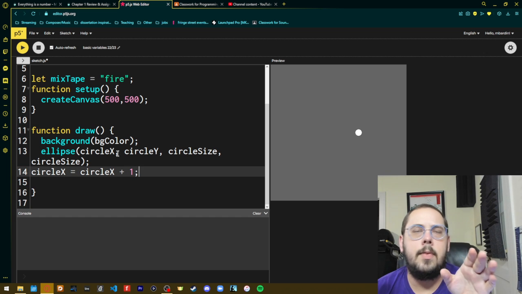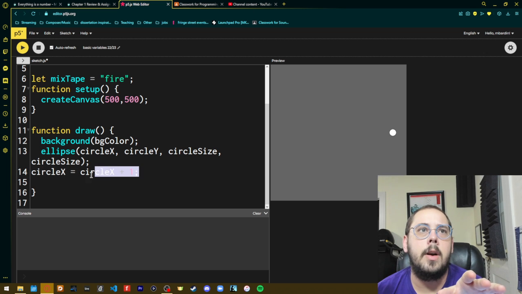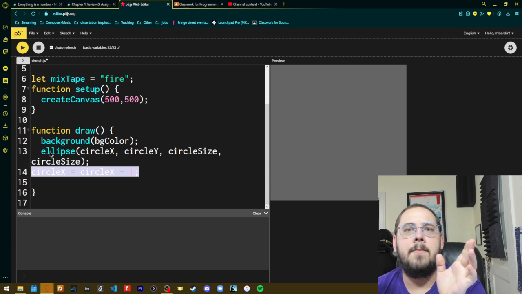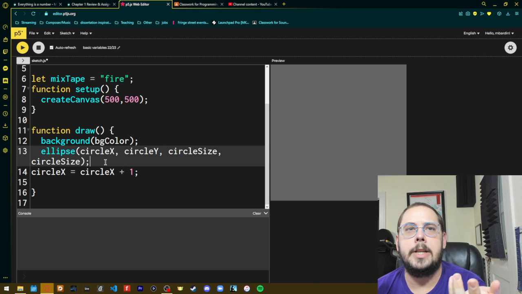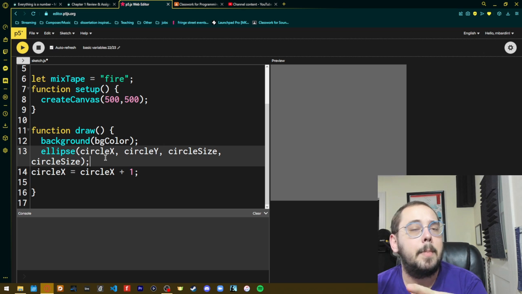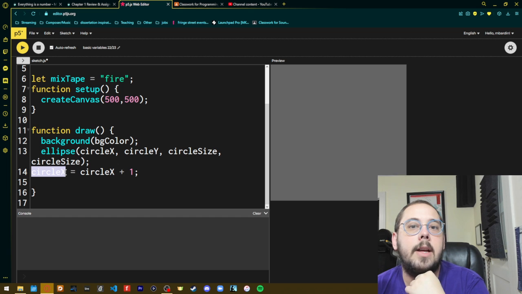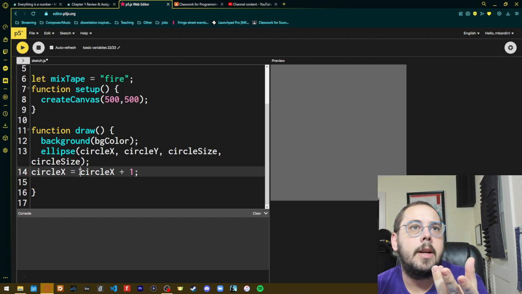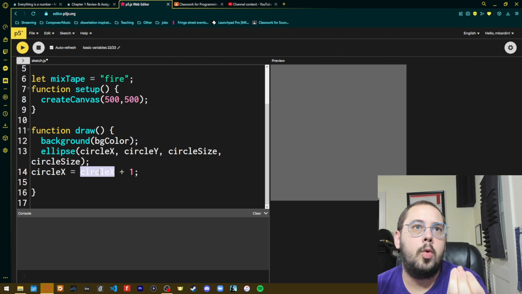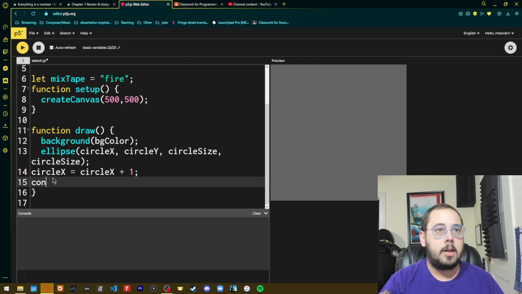Now, if you've only taken math classes before, this line may be very confusing to look at. Again, it's a little bit different than math. And the way it works is that we're going to take circle x, that value, and we are going to assign it the current value of circle x plus 1. And I think this becomes a little bit more clear